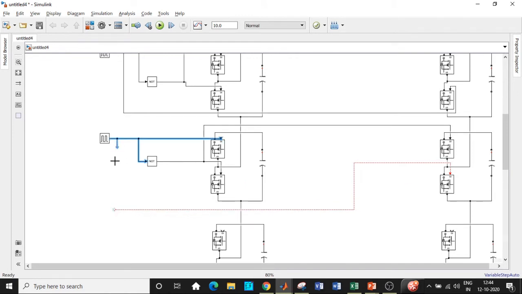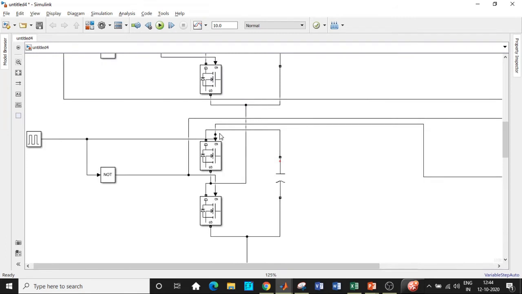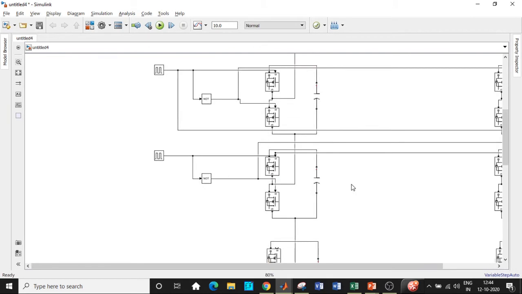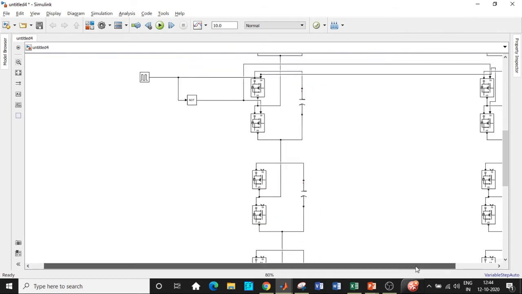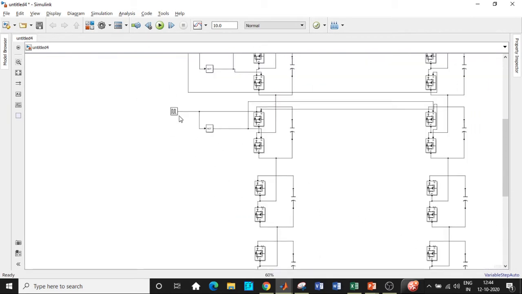Again, be very careful so that there is no additional node formation. You can cross verify that. It is directly connected at this point, and this is also directly connected at this point over here. You can drag and see if there is any other node formation. Here there is a node formation, nevertheless it is with respect to the switch, so nothing to worry over there. Once that is done, we will be copy pasting this pulse